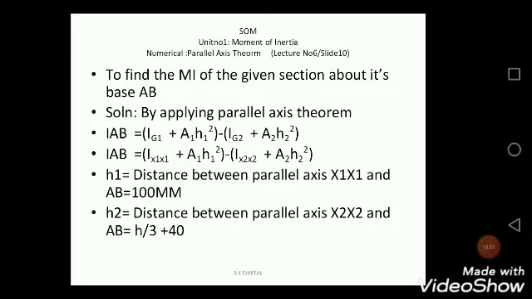Next equation, IAB is equal to bracket open IX1 plus A1 H1 whole square bracket close minus bracket open IX2 plus A2 H2 square bracket close। तो ऊपर का इक्वेशन था उसको मॉडिफाई किया, IG1 की जगह IX1 रिप्रेजेंट किया और IG2 की जगह IX2 रिप्रेजेंट किया। क्यों? क्योंकि ये दोनों रिप्रेजेंट करते हैं पैरेलल एक्सिस पासिंग थ्रू सेंट्रॉइड।